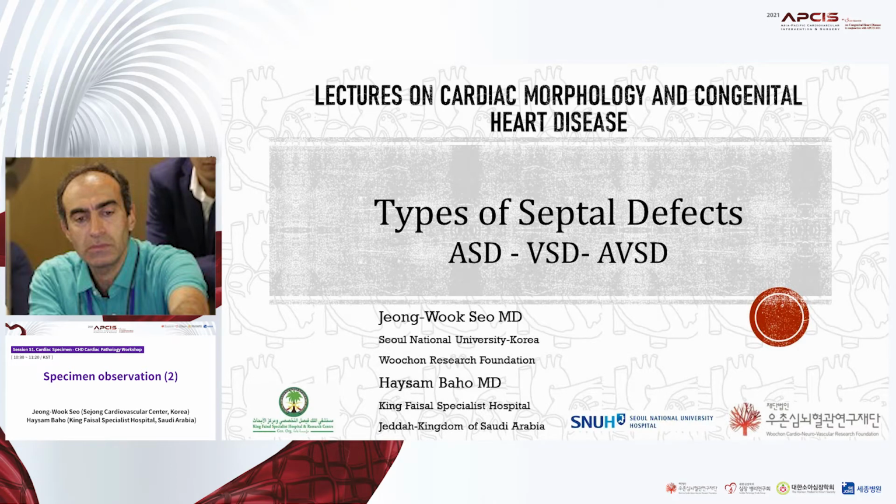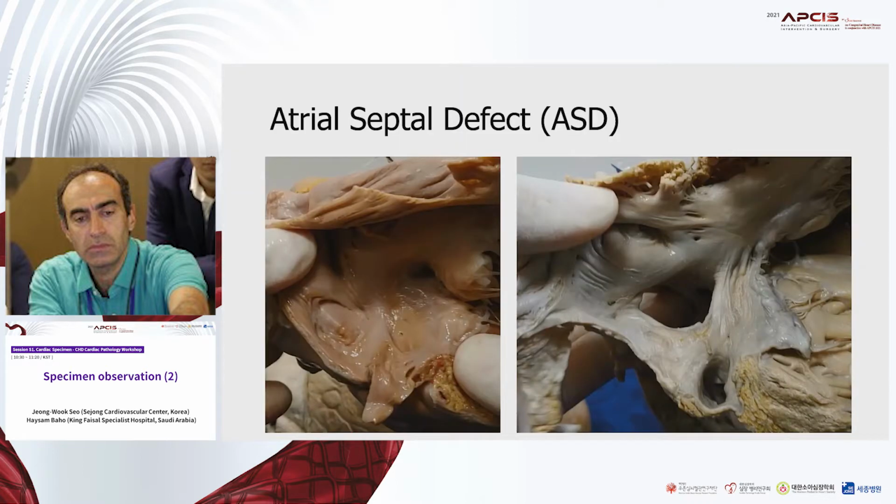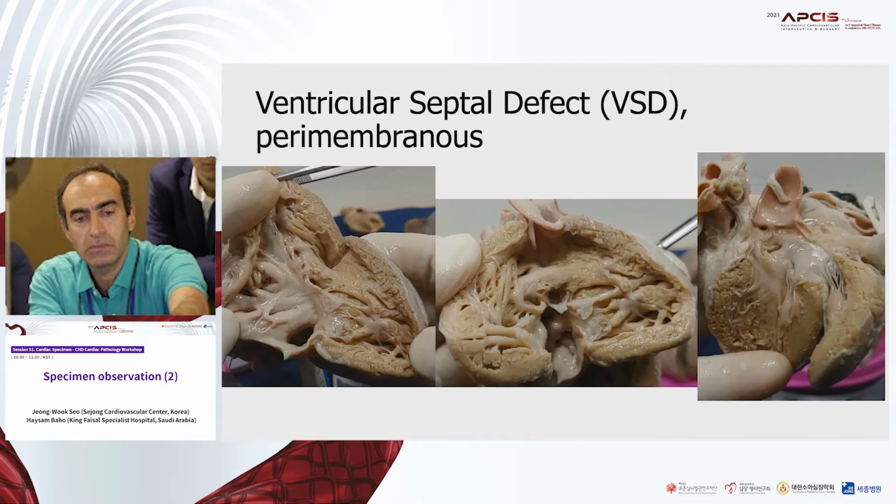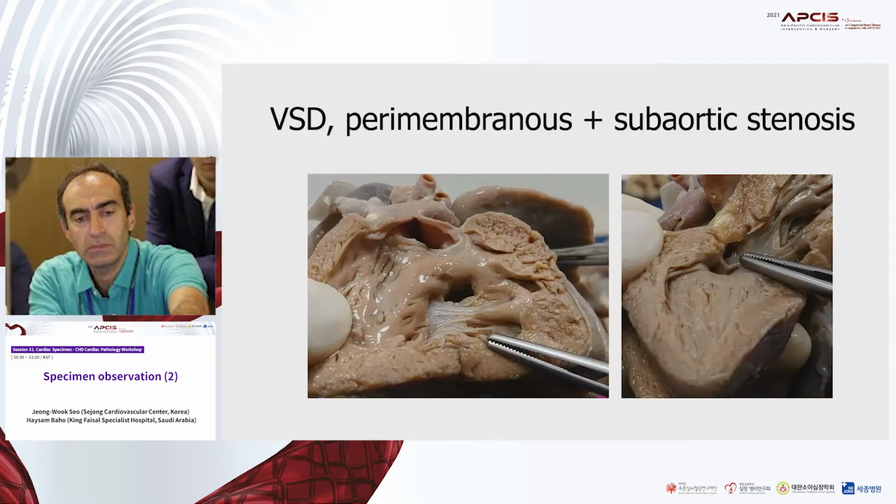Welcome to another video on cardiac morphology and congenital heart disease. This talk is on types of septal defects: ASD, VSD, and atrioventricular septal defects. We will study specimens with atrial septal defect, ventricular septal defect of the perimembranous type, ventricular septal defect with the